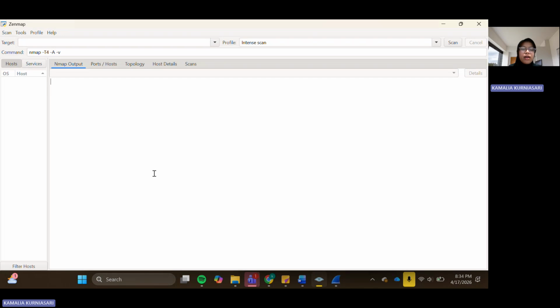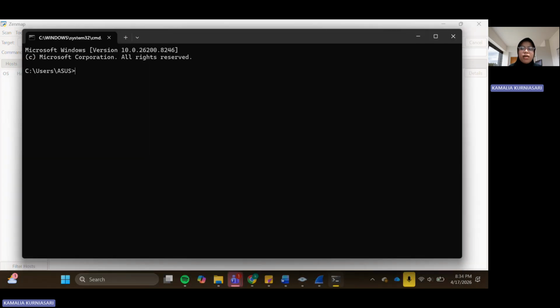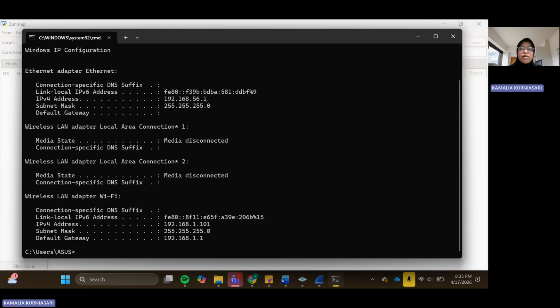Here, I will open the CMD, and then we enter ipconfig and press enter. From this tab, we can find the IPv4 address. There is 192.168.1.101.